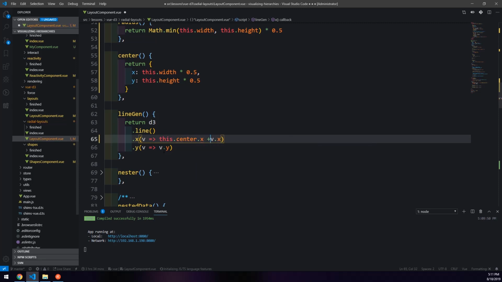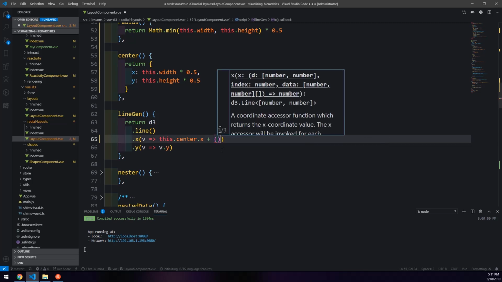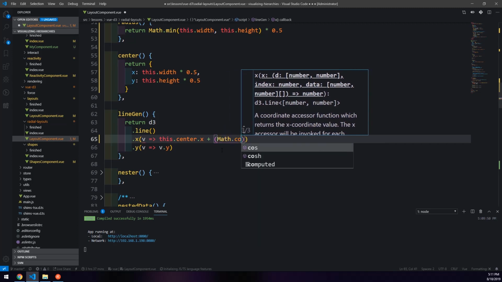So we'll return this.center.x, and then we're going to convert it to the real x coordinate by using cosine. We're going to do this by passing in the angle and then multiplying it by the radius, right? So let's put in some parentheses. We're going to say